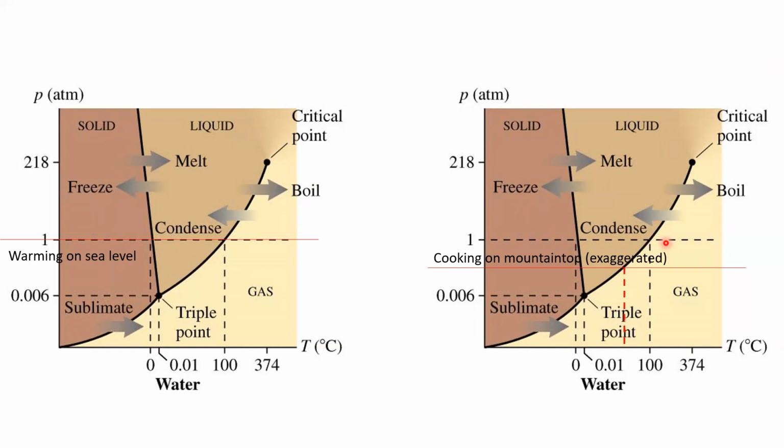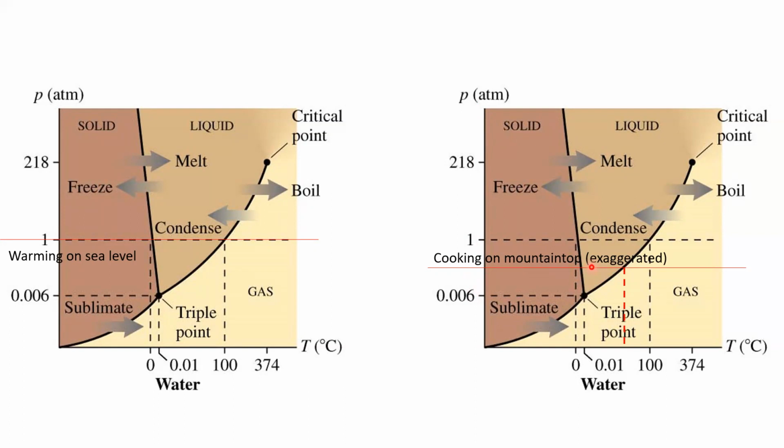Okay, so if you're at the top of a mountain now, I suppose we'll talk about this more as we get into subsequent chapters, but the atmospheric pressure is considerably lower at the top of Mount Everest. This is exaggerated. It wouldn't be this much lower. Notice that this is not to scale anyway. But if you've got your pot of water at, let's say, 20 degrees Celsius, 68 degrees Fahrenheit, so you're right here on the PT diagram, the phase diagram,